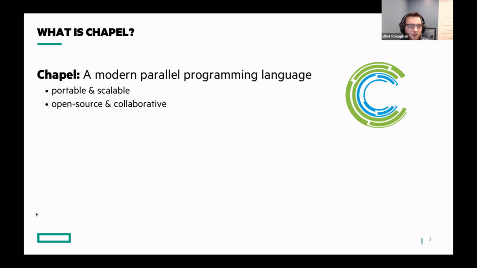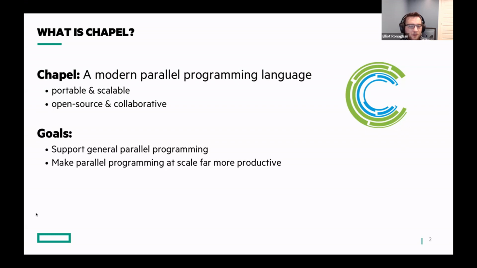And it's open source and collaborative. So it's developed on GitHub under an Apache 2.0 license. And we collaborate with members of academia, industry, and the general user community as well to develop Chapel. The high-level goals for Chapel are to support general purpose parallel programming and to make parallel programming, particularly at